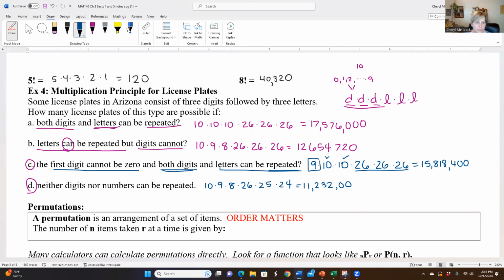15,818,400. If you look at D, where it says neither digits nor letters can be repeated, it's just 10 times 9 times 8 for the digits, and then 26 times 25 times 24 for the letters, giving us